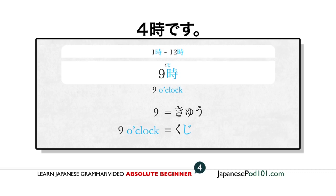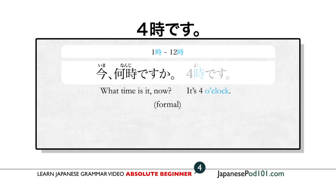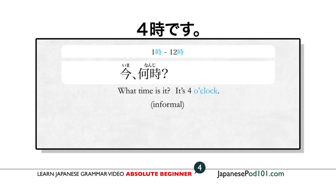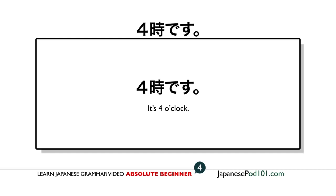All right, so let's practice some polite conversation. What time is it now? 今何時ですか？It's 4 o'clock. 4時です。And in a casual situation, what time is it? 今何時？It's 4 o'clock. 4時。4時です。